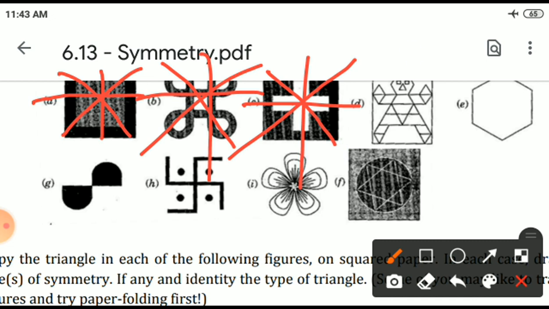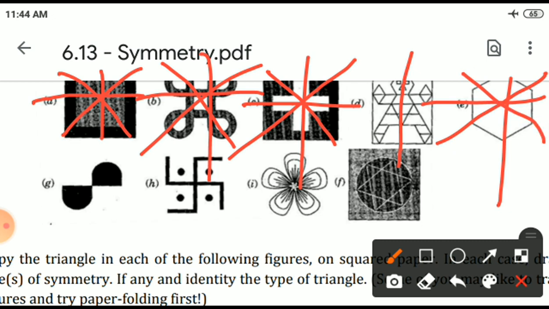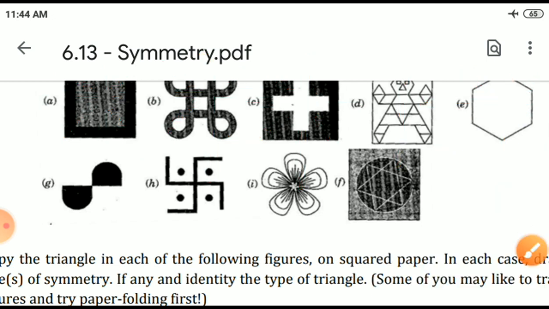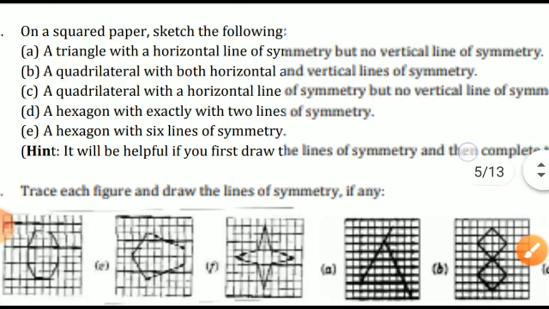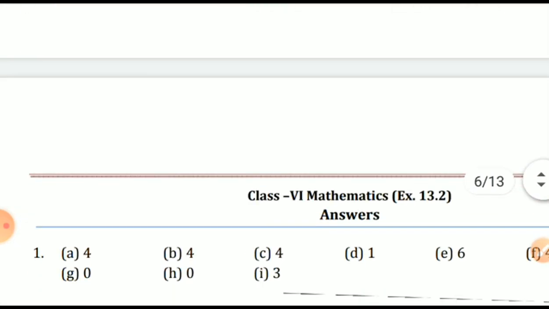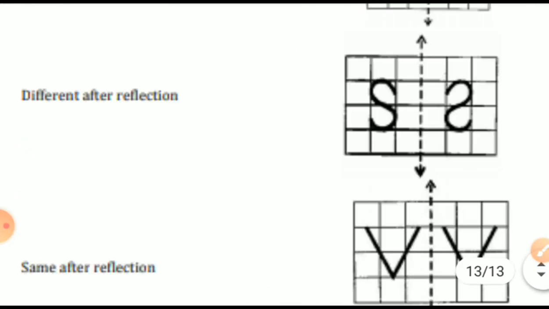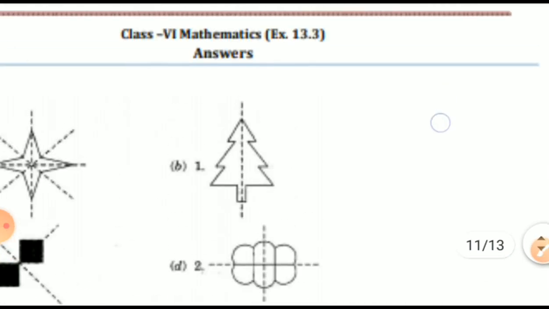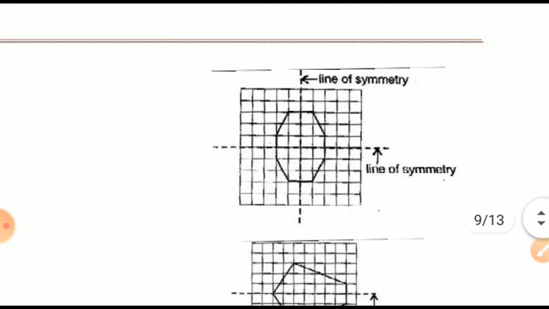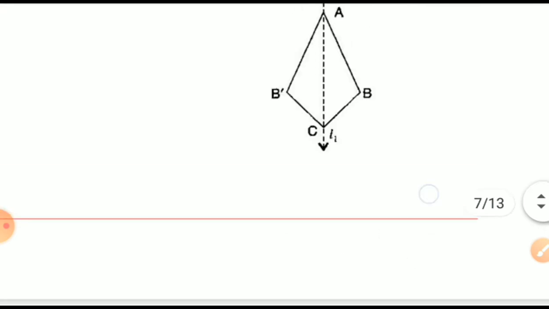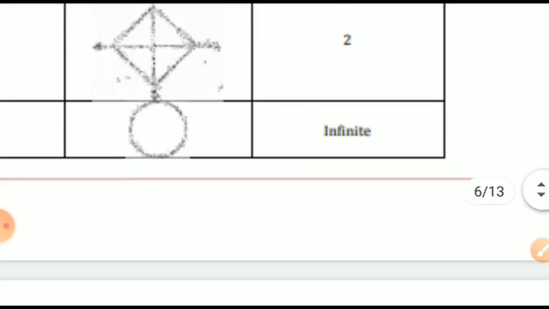But this one has only one vertical, isn't it? Now look here, 1, 2, 3, 4. Isn't it? Clear? Can you imagine it? What answer am I giving? Yes, but here there are 6, not 4. That's why I am telling you this is the 6 types. Where do you find this one? 6 types are there, beta. See, I want to show you 6 types. Where are the 6 types, beta? Here. Here you can get the answers for 6 types.